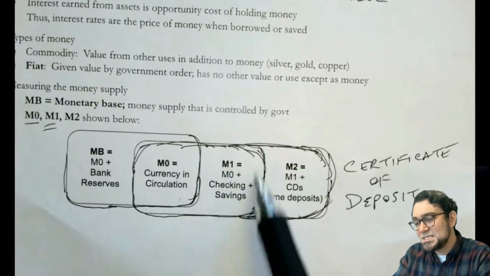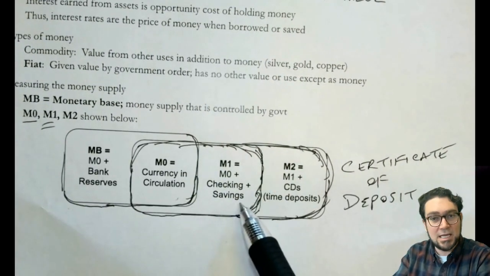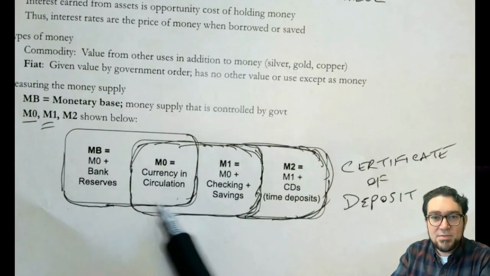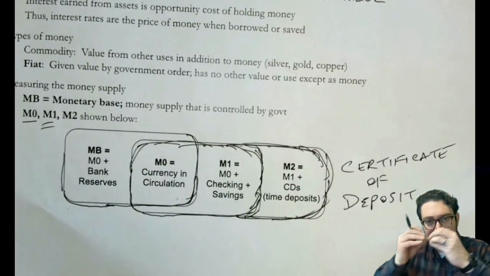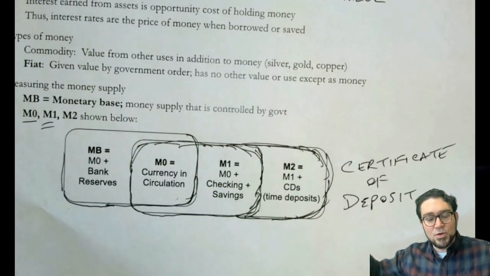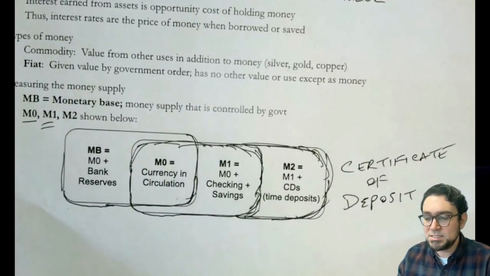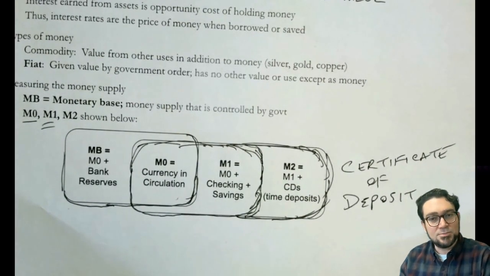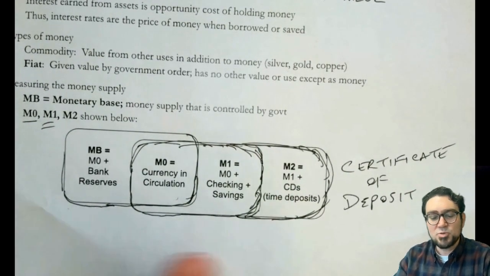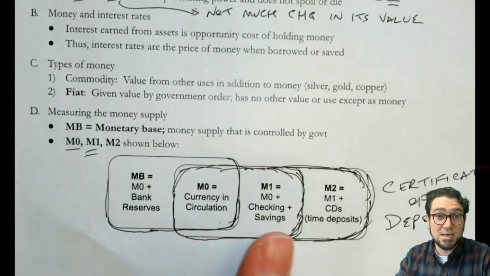Then there's the money that's not quite cash. It's your checking account, your savings account money. And then there's the actual cash, right? So it's kind of these little M0, M1, M2, and these are all nested accounts counting up how much money there is. So it's just different ways that we actually count how much money there is in the whole system. We'll do some practice problems with it that show you what those might look like.